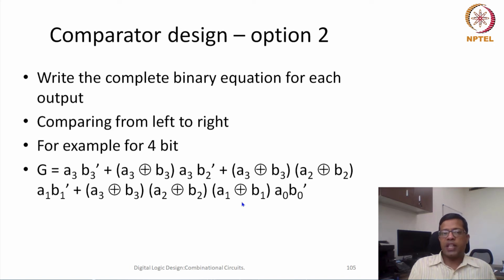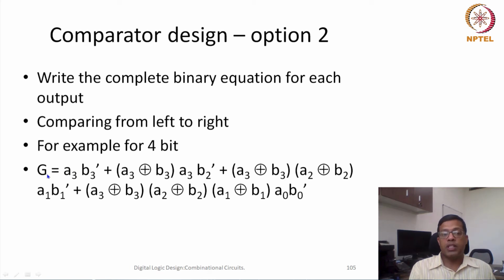Okay, and our latency, as we have discussed in our previous classes, our latency or delay of the total circuit depends on the worst case path. So the idea is that we have to finally write all the equations from A3 down to A0. For example, I have written one equation for 4 bits.